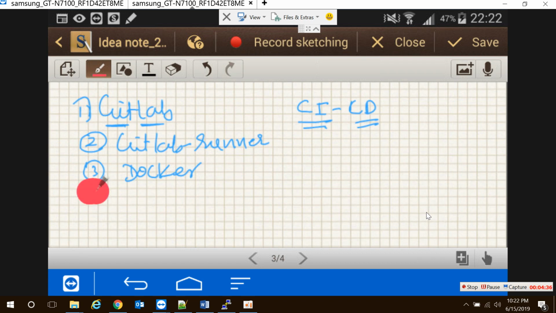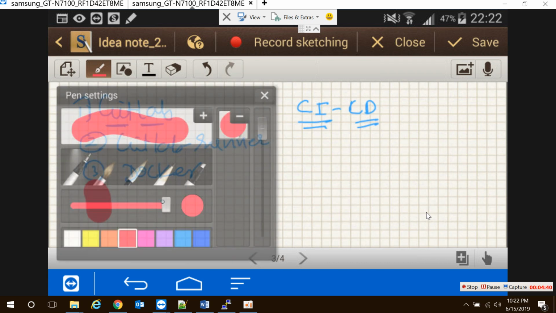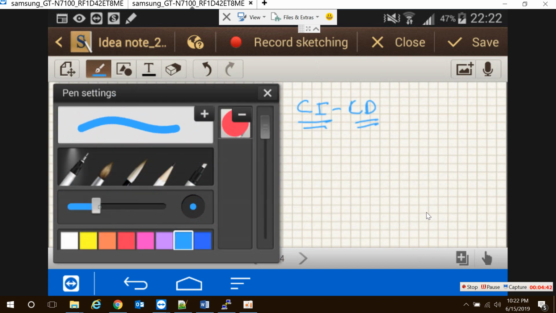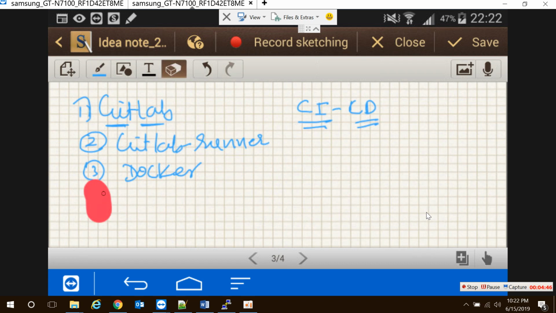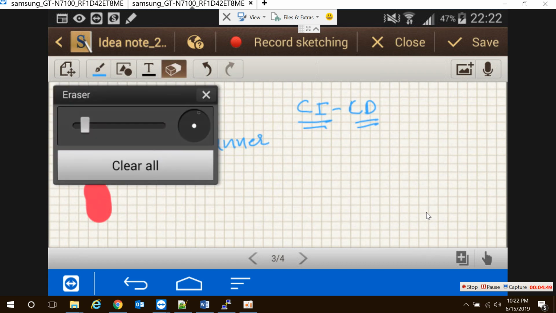We will also try to check if we could see